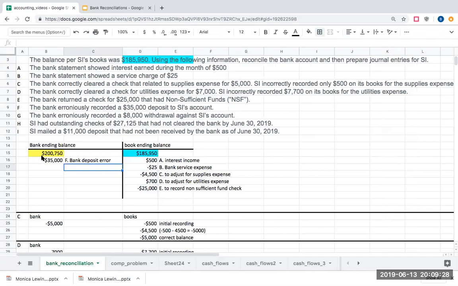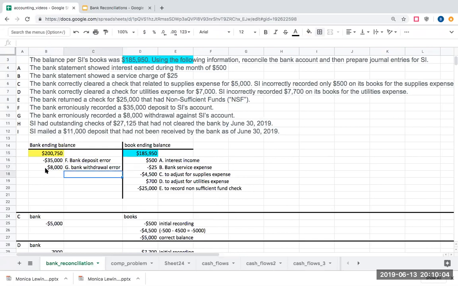So the bank deposited money that it shouldn't have, right? The money didn't belong to me, so I need to remove this from the balance. Letter G, the bank erroneously recorded an $800 withdrawal against my account. In this case, they deducted money instead of adding it, meaning they reduced it by $800, which they shouldn't have done. So I'm going to be adding this back, and this is going to be my bank withdrawal